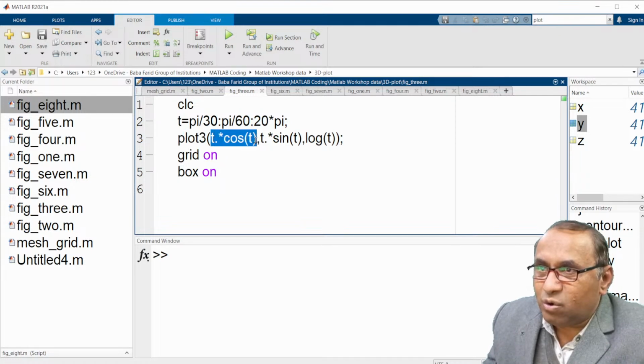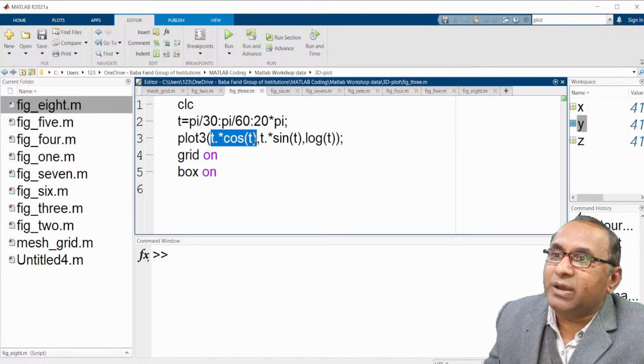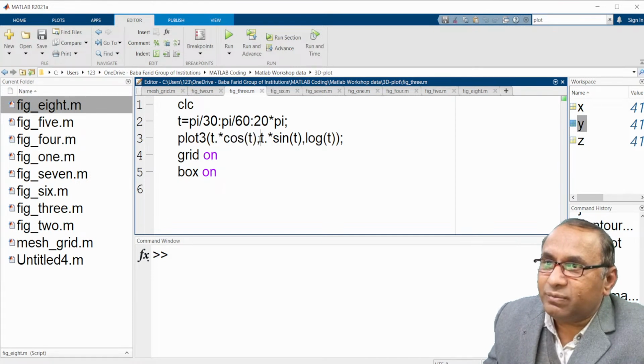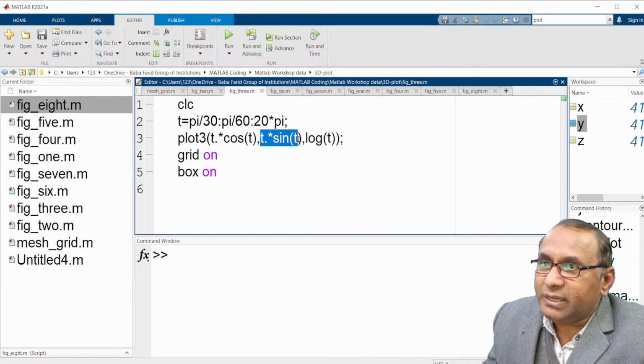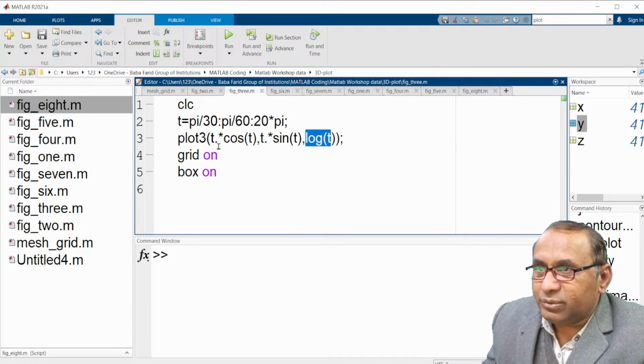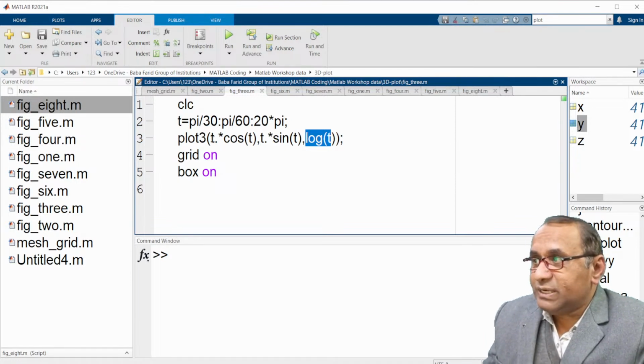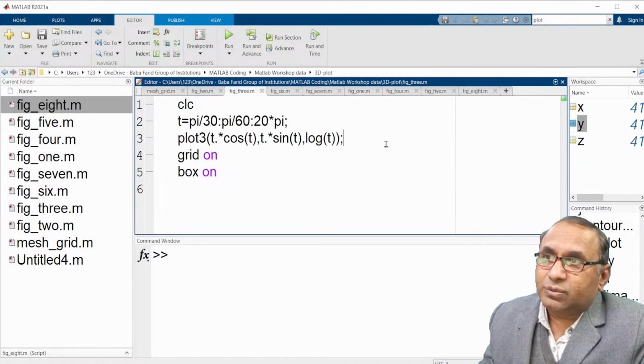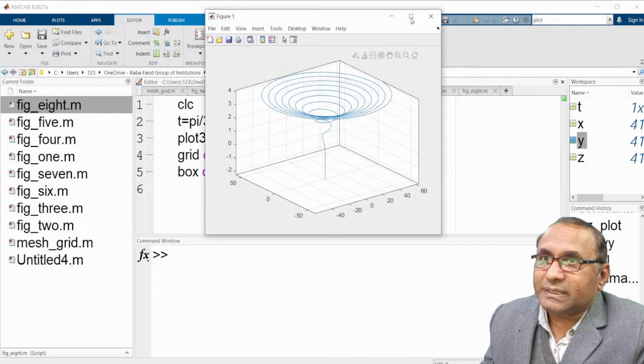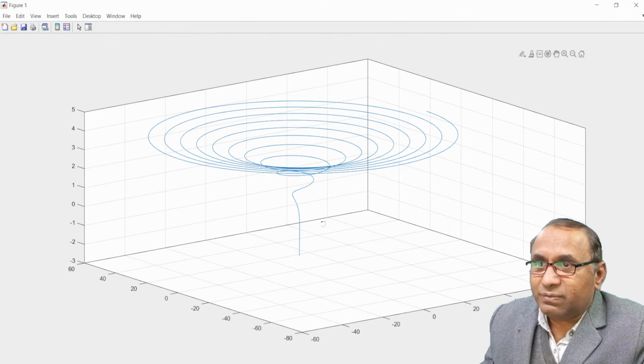This is the value of x. X is equal to t cosine t, and y is equal to t sine t, and z is equal to log t. Okay, so these are the equations of the function in parametric form. So when you play it, yes, so this is the graph